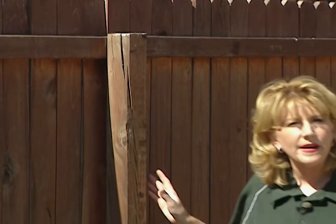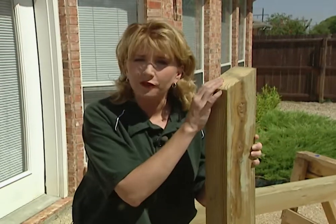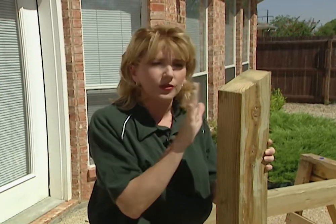Fence posts should always be made out of weather-resistant wood. It's important to use woods like redwood, cedar, or pressure-treated pine. But here's another quick tip for you. It's just as important to cut the tops of your fence posts at a 30-degree angle so that the rainwater